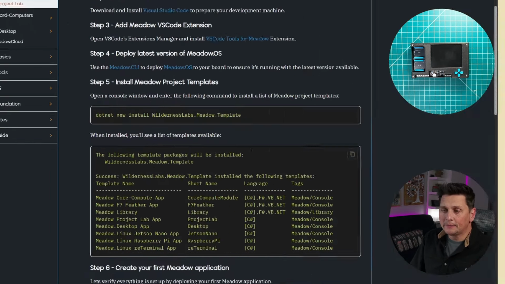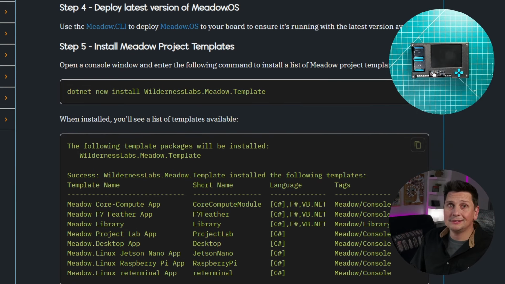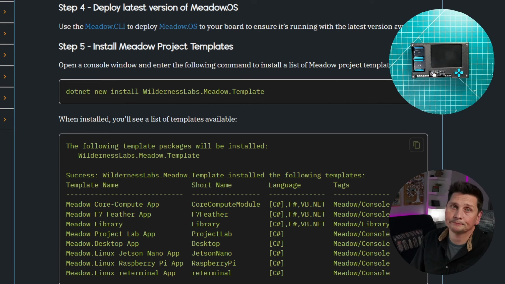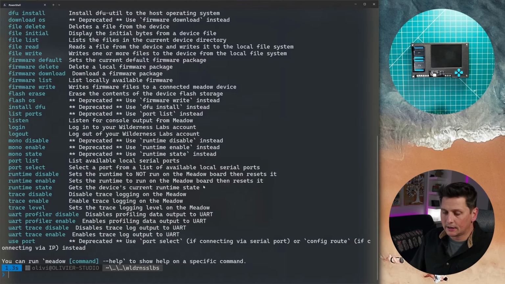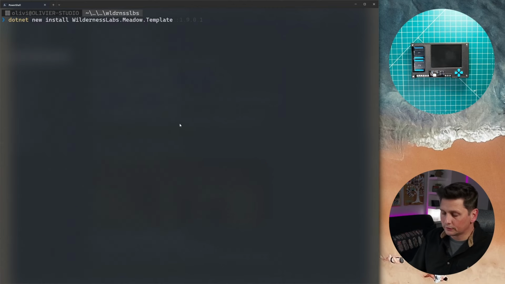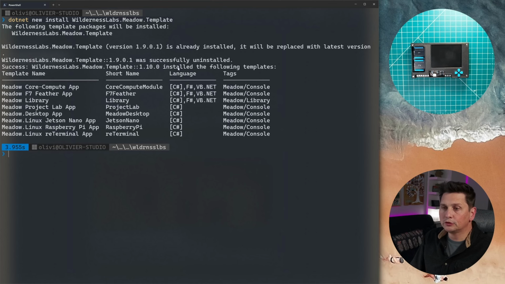So the first thing that you need to get is some .NET templates. That's basically the scaffolding for applications. It's something that, using C#, is pretty common, other object-oriented languages as well. So that should be something you're not surprised with, and you'll see it is pretty straightforward. So I installed the latest templates. It's actually uninstalling the older version, installing the new one here, 1.10, perfect. Hopefully I won't discover anything new in between.